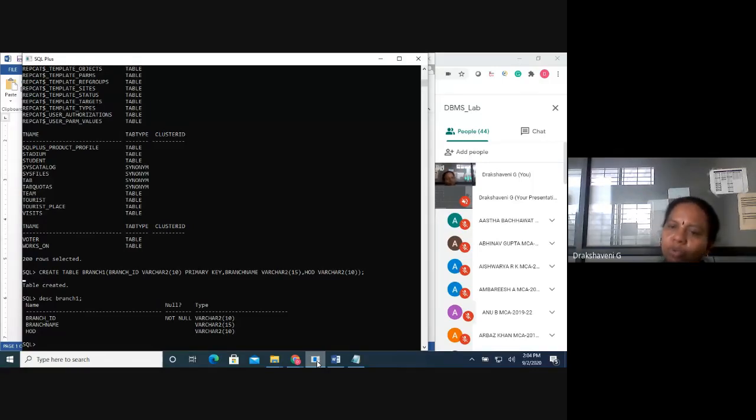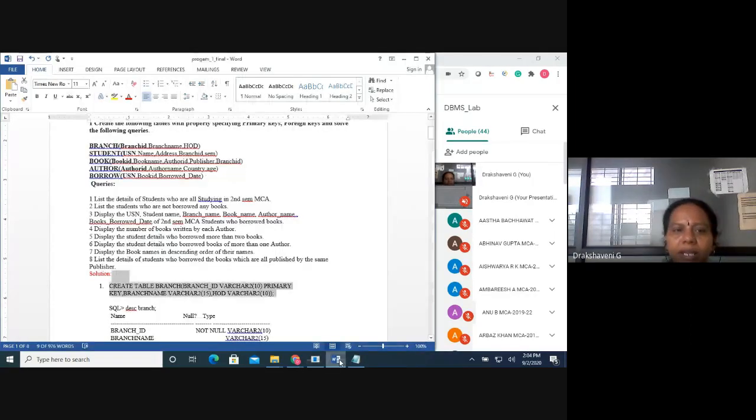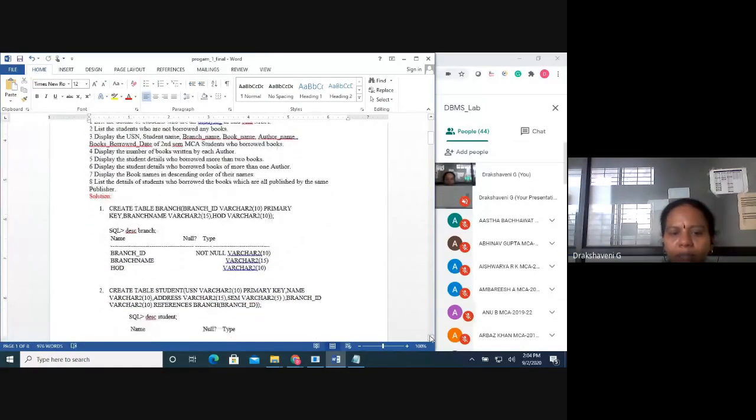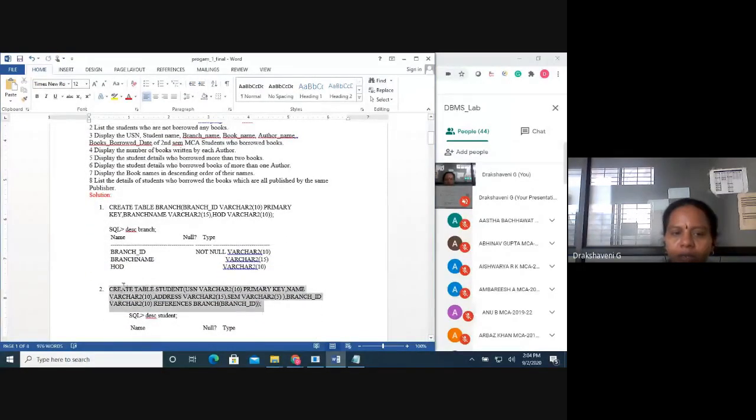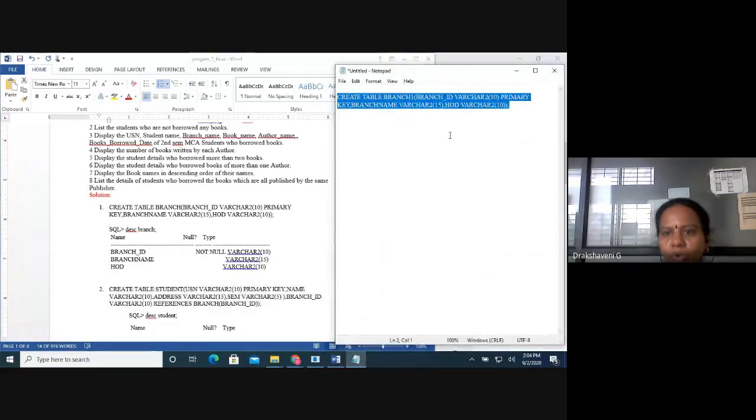I can have 2, 3, 4, 5, but I cannot have 1. That's what a primary key says to us. So branch 1: branch ID, varchar 10, primary key, then branch name. So this is how we have created one table. Similarly, create one more table.